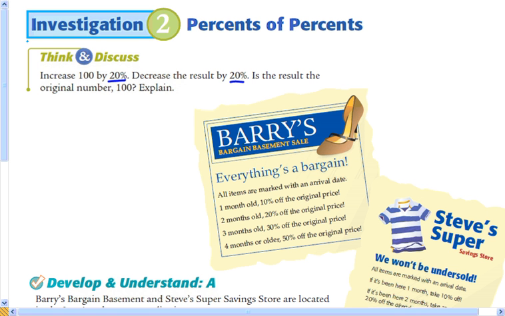The problem is that percents are portions, and when you take the same portion of a bigger number, you end up with a bigger amount. So let's just see how this looks. If we increase 100 by 20%, that means we have to add 20, because 20 is 20% of 100, and that's 120. Now when we decrease that by 20%,